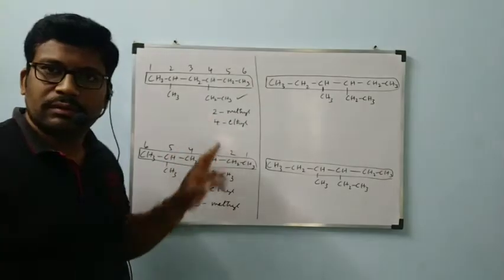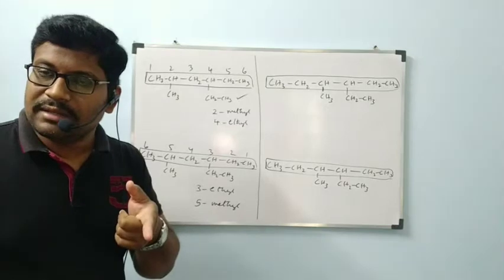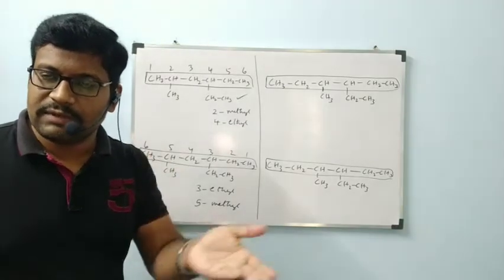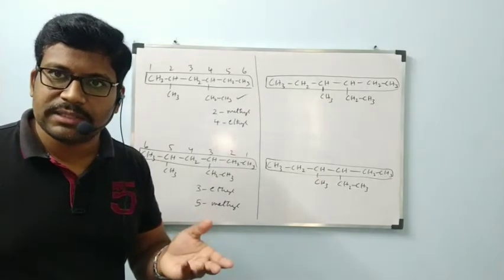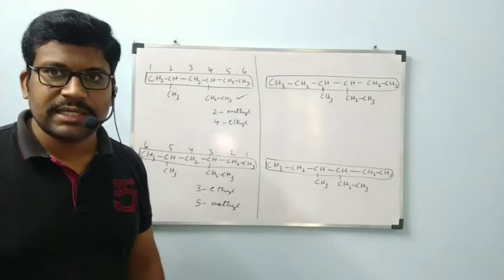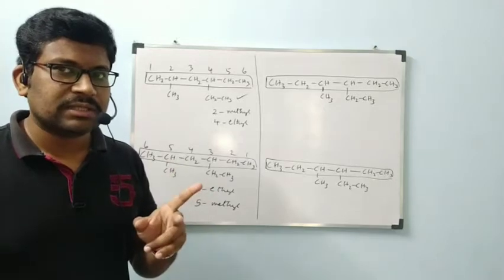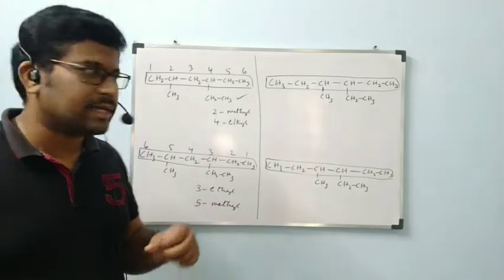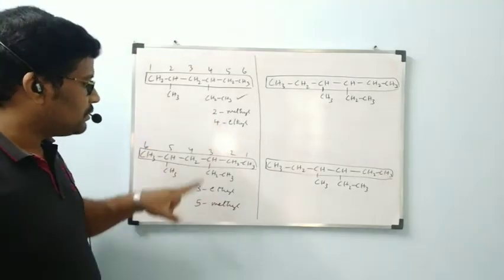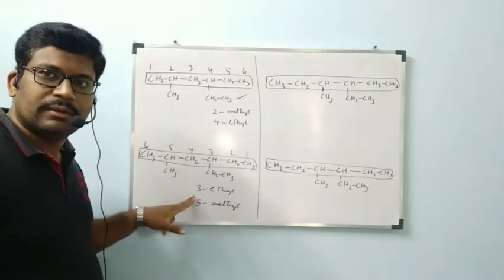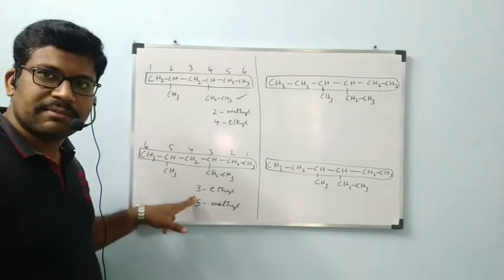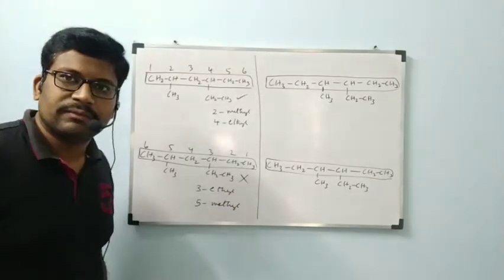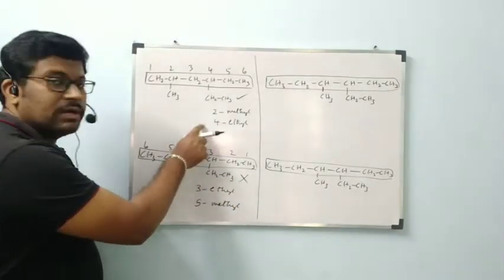2, 4. Now I am talking about side chains. Here we have two side chains with different positions. Left to right and right to left, we are getting different positions. See here, methyl is getting 2, ethyl is getting 3. Out of 2 and 3, which is the least number? 2. So this numbering is correct, this numbering is wrong. That's why we need to do according to this numbering.